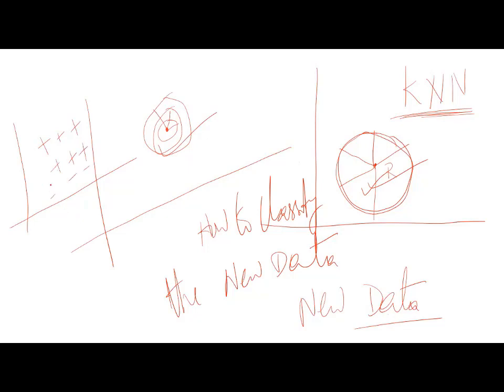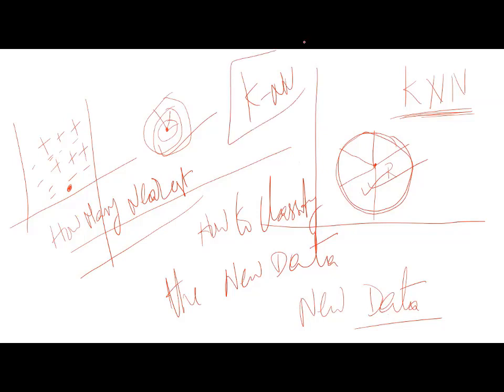Suppose if there are points like this, and now a new point comes here, how do we classify this, either plus or minus? Take nearest neighbors. How many nearest neighbors? This is the question. This is what is called KNN. How many? If K